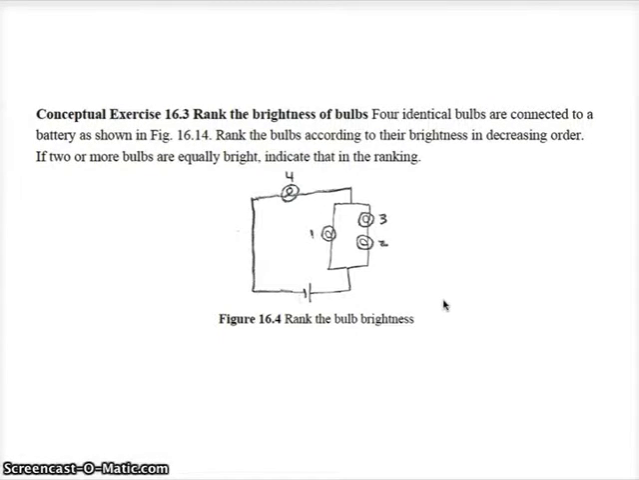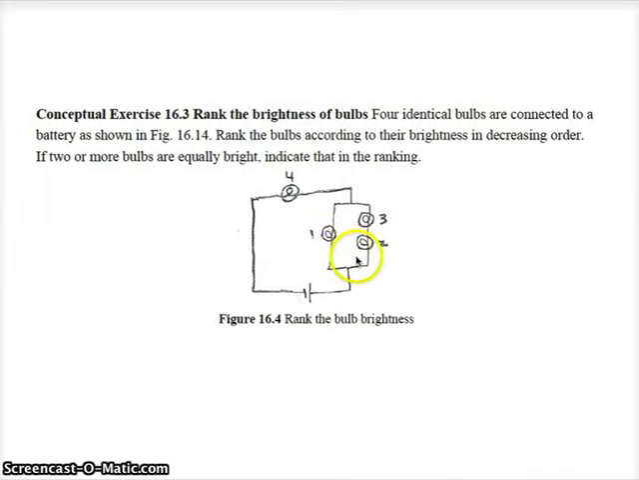Rank the bulbs according to their brightness in decreasing order. If 2 or more bulbs are equally bright, indicate that in the ranking. So first, let's look at our schematic diagram. We have our battery, and then we have all of these light bulbs, 4 light bulbs. So here we have number 1, which is on a parallel branch, numbers 2 and 3, which are in series with each other. And then out here is bulb 4, which is, if you think about it, in series with